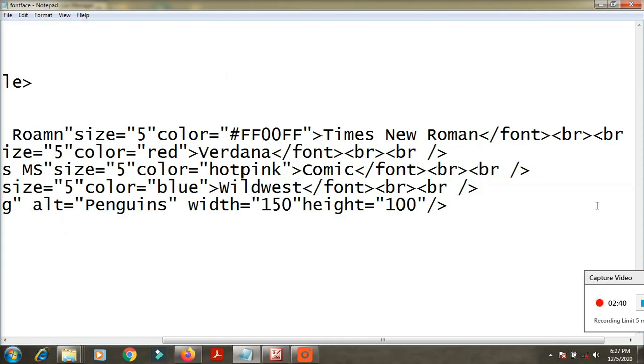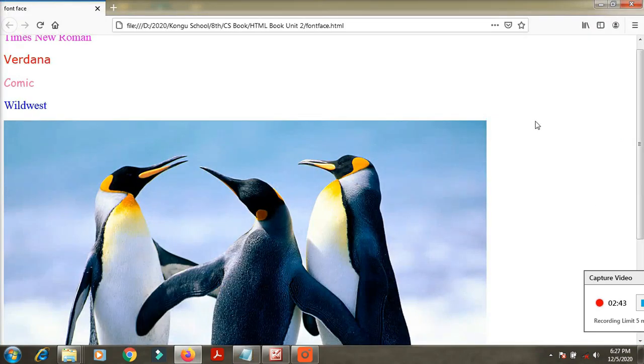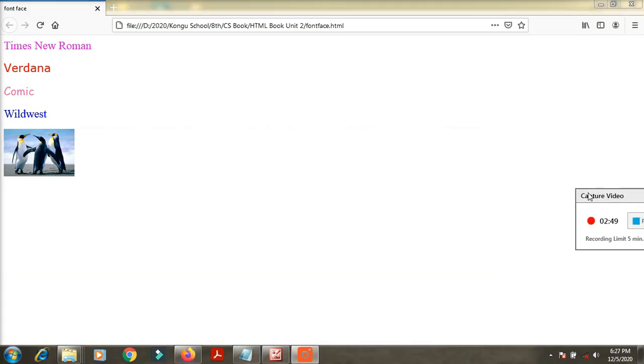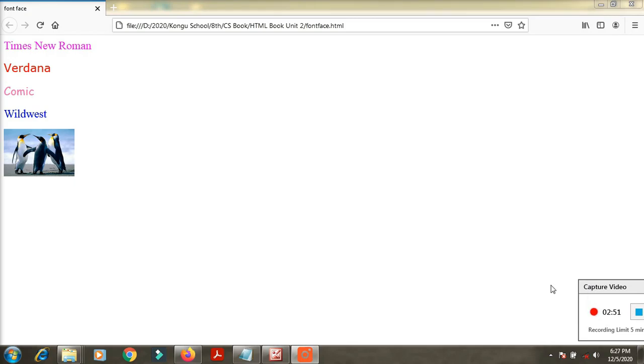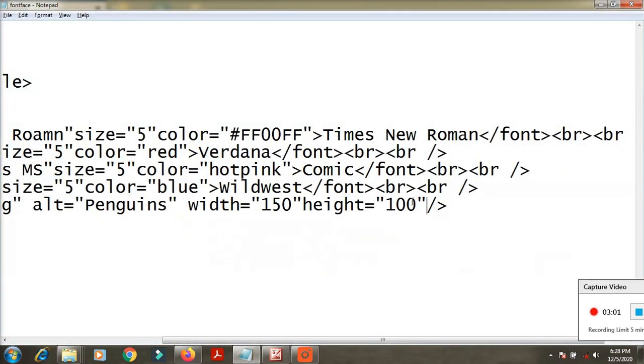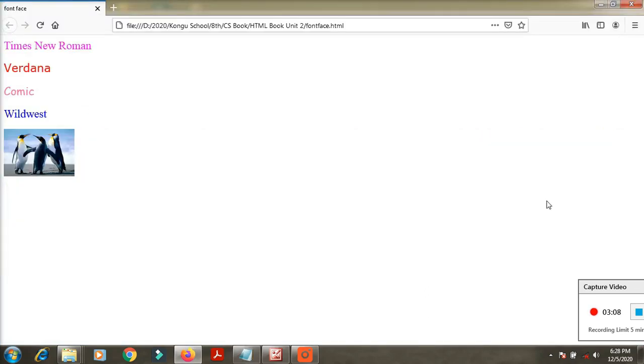Save the document and again go to the browser and refresh. See here it's reduced. It is showing percentage wise, it's not the actual sizes. Depending upon the browser percentage it's changed. If you change to another size, with both 150, see the difference, it's not looking good.